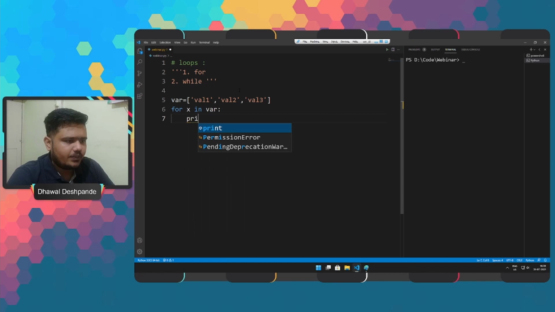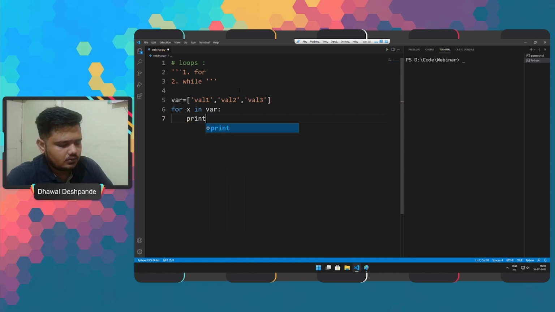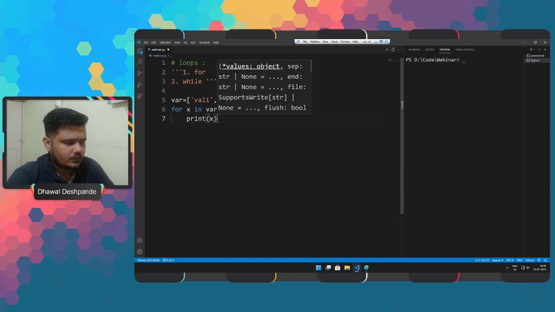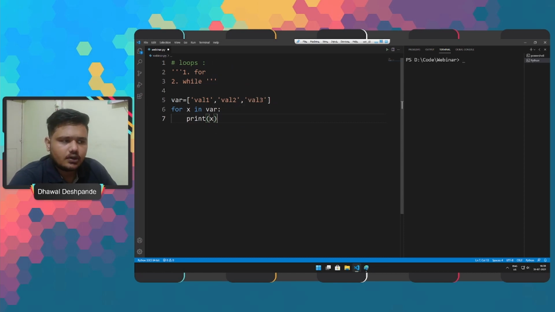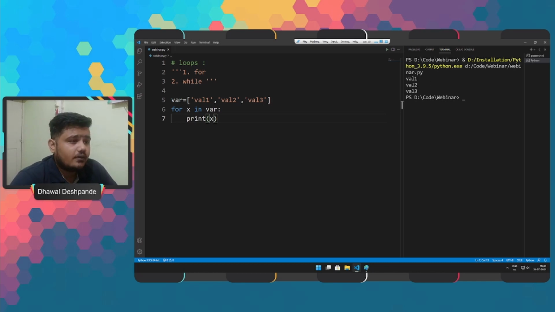And after that we will print the variable. So the concept here is that we are going to read a single item present in our list one at a time. When we run this code, we will get all the values or items present in our list one by one.